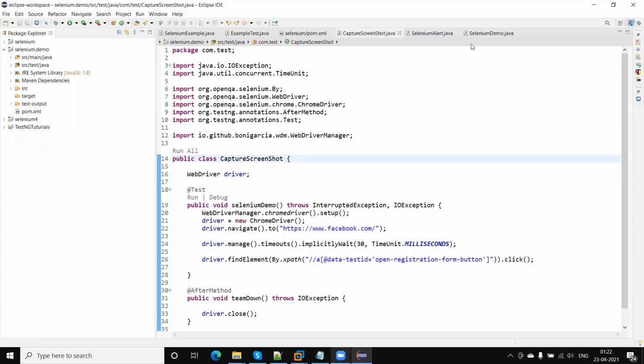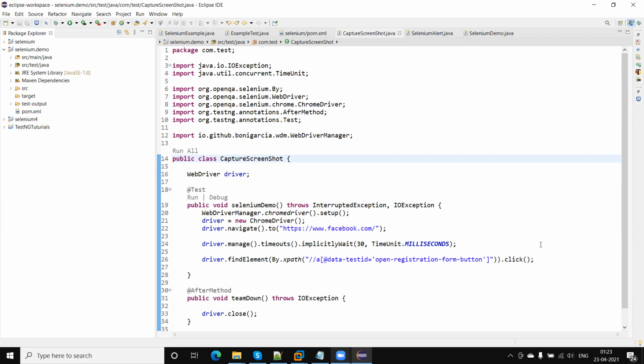So Selenium WebDriver provides an interface that is known as the TakesScreenshot interface, and this interface is implemented by the RemoteDriver. And as you know, all the drivers like ChromeDriver, FirefoxDriver, SafariDriver, Internet Explorer, Edge, all have a parent class, RemoteDriver, and RemoteDriver implements the TakesScreenshot interface.